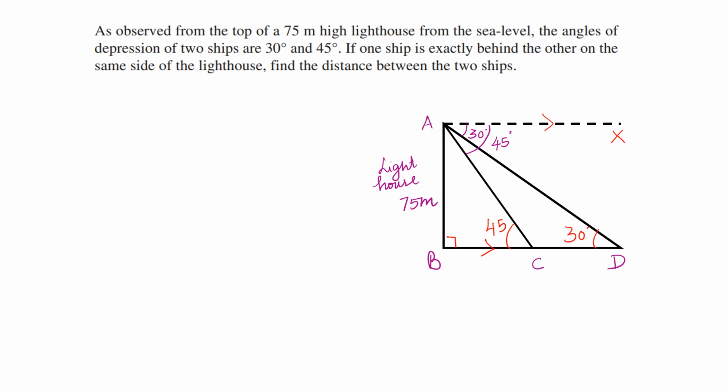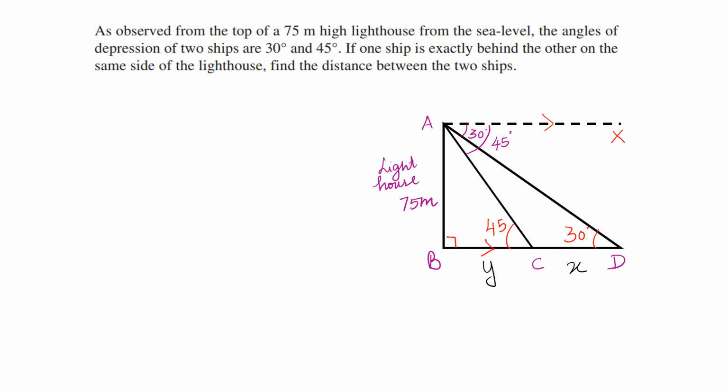Okay. Now we are going to solve the problem, right? Now what is it that you are going to find out? CD you should find out. For that we should find out BC first, then only we can find out CD. First you should take ABC, where you know one angle and one known side, and one unknown side is there. First we have to find out this Y. Then we'll find out this X.